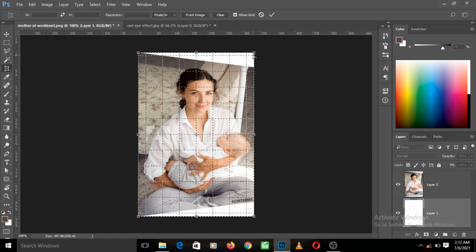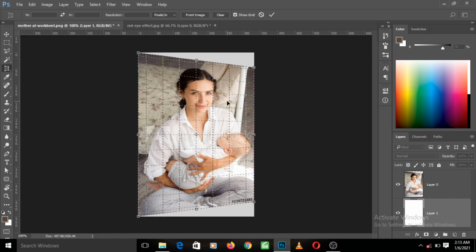So I just come to this handle here, this node here, and I just bend it down. I just bend it down to fit this image. I come to this handle down here and I just bend it down to fit this image. Let it just fit the shape of the image you want to crop and straighten out. Okay, so notice that I fitted it to the shape of the image.